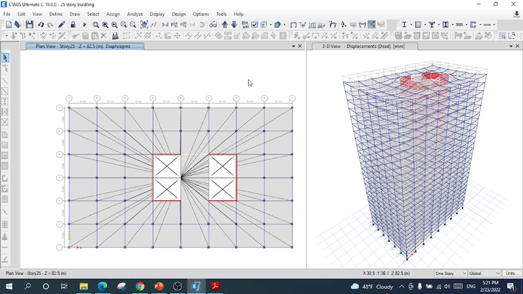Now the model is completed. Thank you so much for your attention. I hope this tutorial will help you to design a building and define response spectrum, target response spectrums and match the respective codes with that response spectrum and proceed each and every step of the